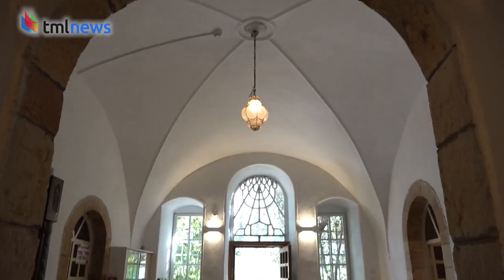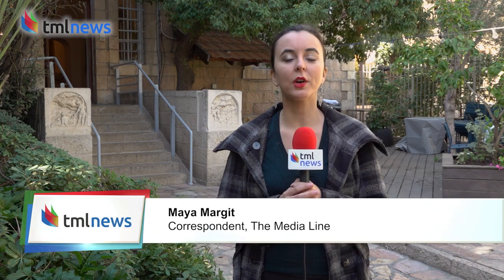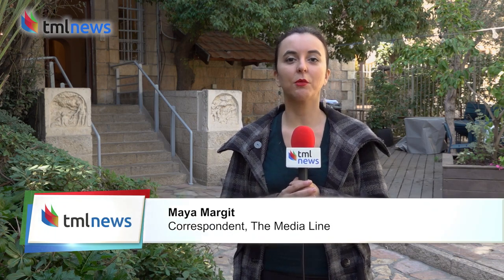Like this place, the Jerusalem Artists' House. The building that you see behind me is known as the Jerusalem Artists' House, and it was first built in the late 19th century by the Ottomans. A few years later, in 1906, it became established as the Bezalel School of Arts, Israel's oldest and most prestigious